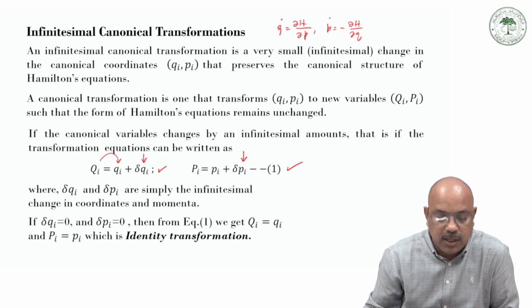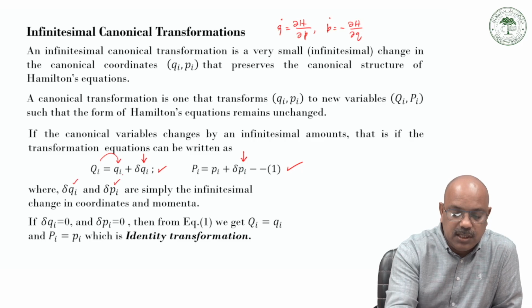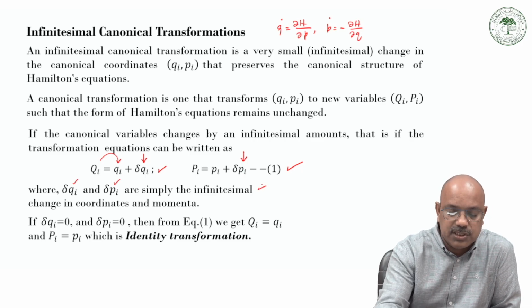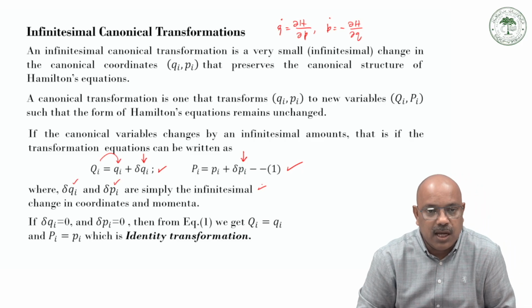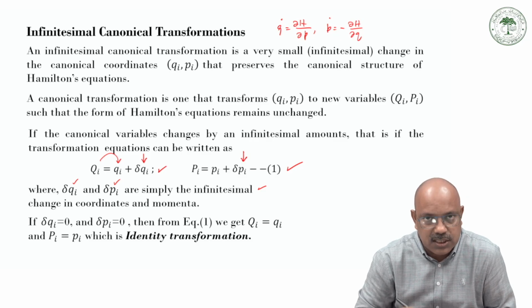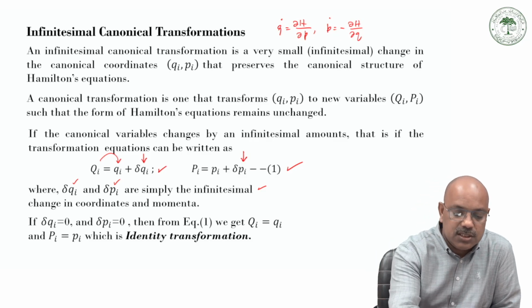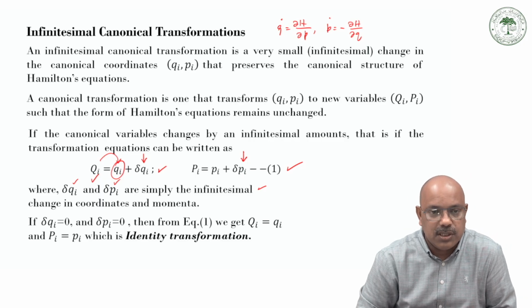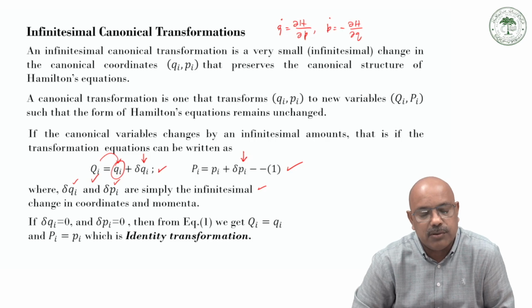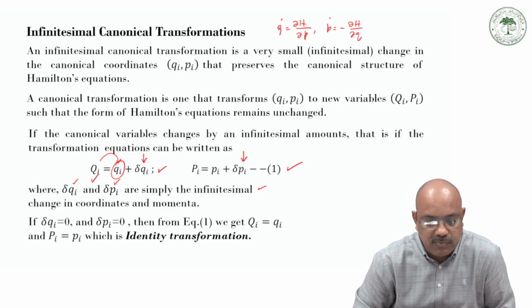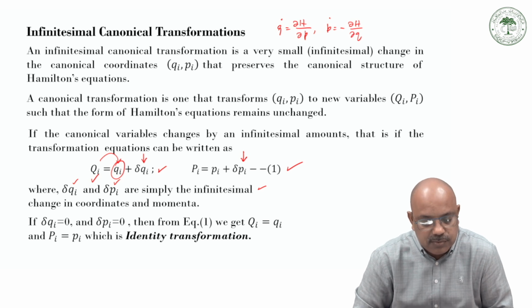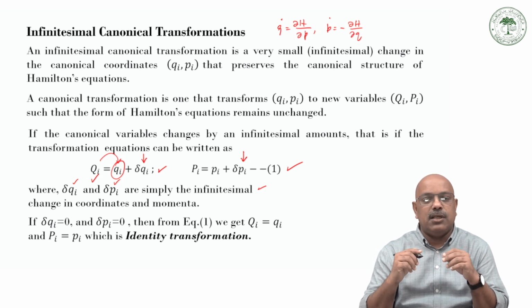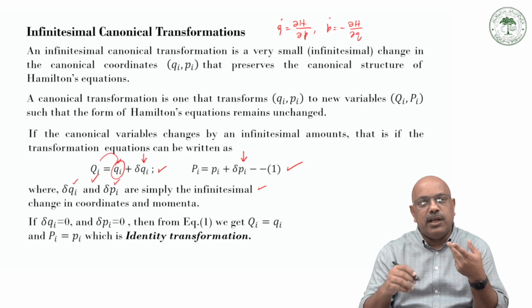So delta q and delta p are simply infinitesimal changes in the coordinates and the momenta, and with this small change, qi goes to capital Qi. This is the transformation, but the canonical equation of motion and the Hamiltonian have to remain unchanged during the transformation. Then when you talk about the transformation, you talk about the generating function, because